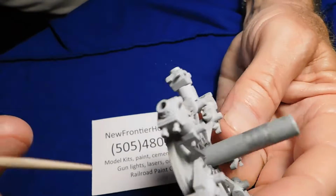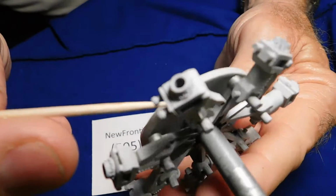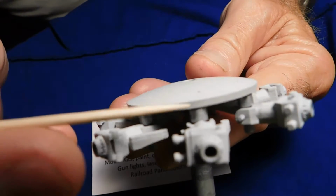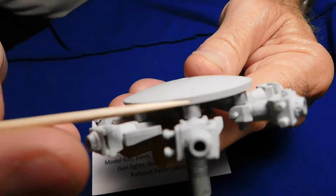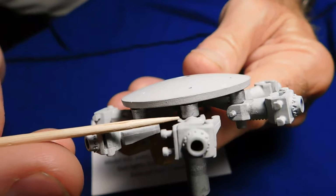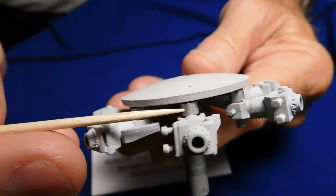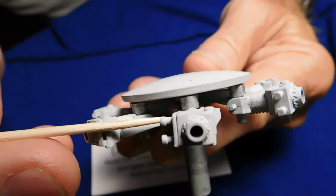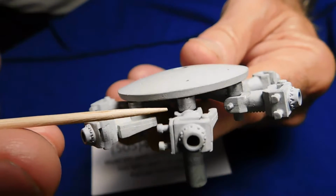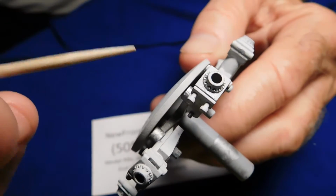So now what we have to do, if you look here, we have the silver right there, right against the gray. We put a glue substance, basically a plastic welding substance right there. And when we did that, it gave a little bit of distortion to the paint. Okay, so the paint, the gray